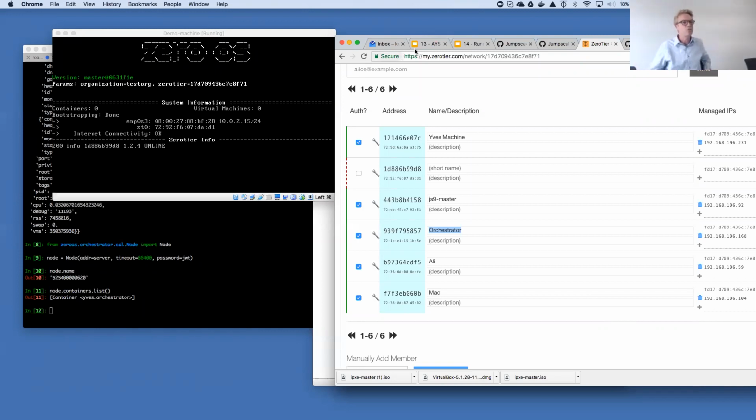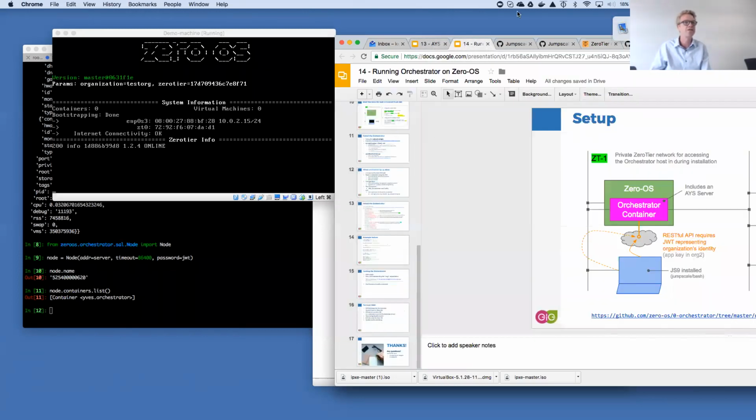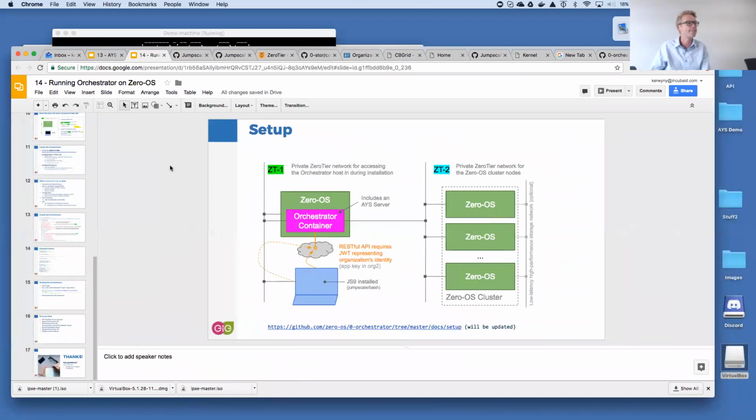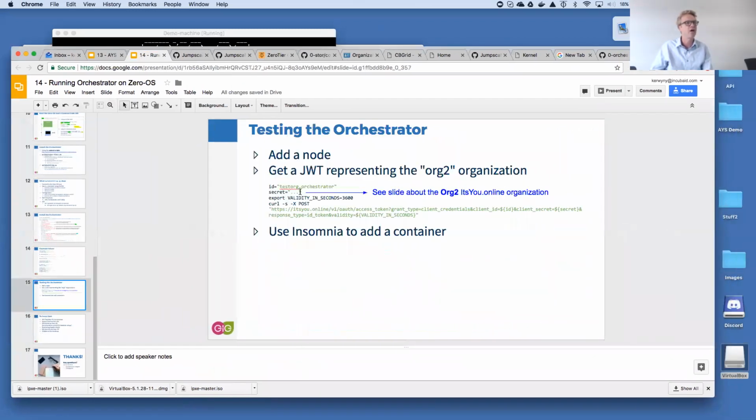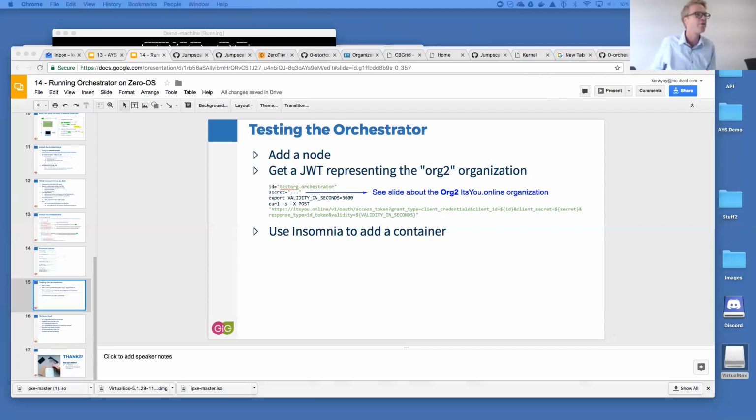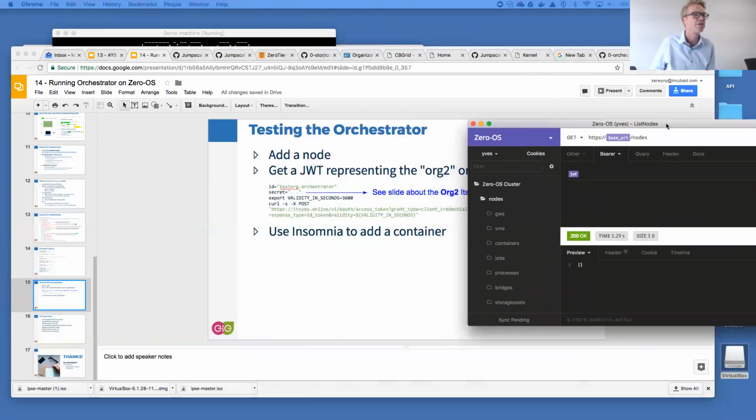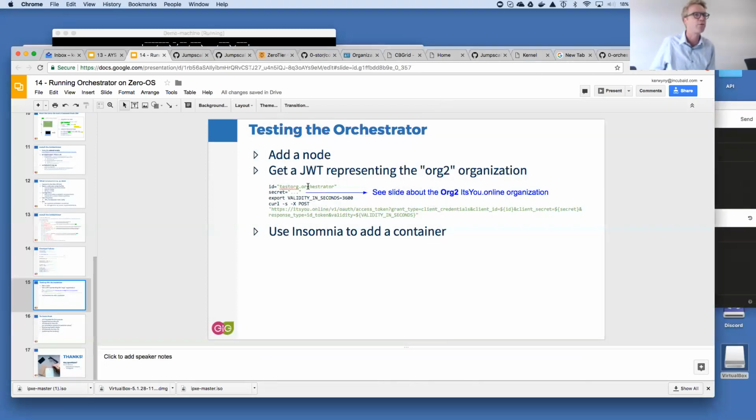The only thing I can do to finish the demonstration is go back to the slides, and in the slides, the final thing is that you then still will want to use the Insomnia client, which I won't do now, but basically what you do there is first get the JWT. Remember, this time it should be a JWT based on organization 2.